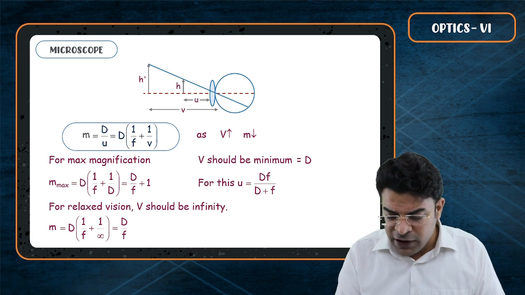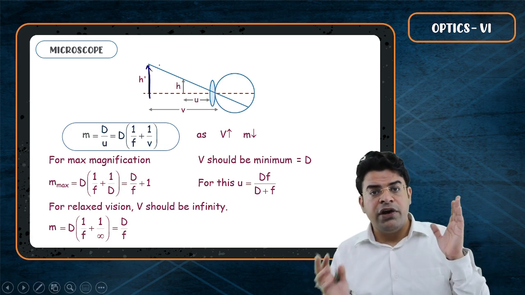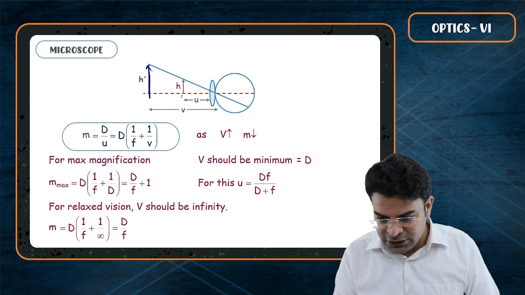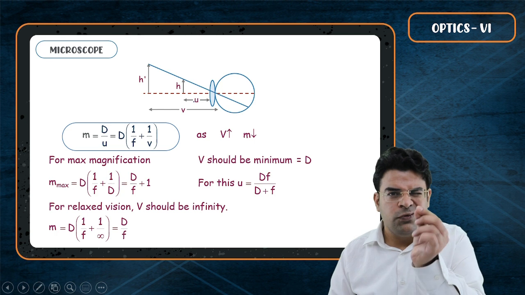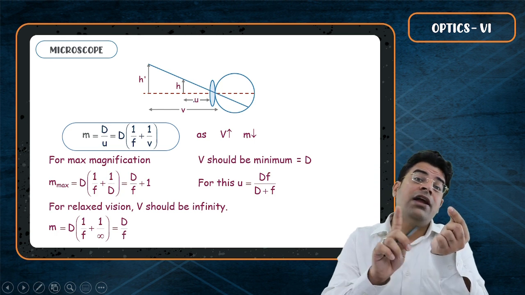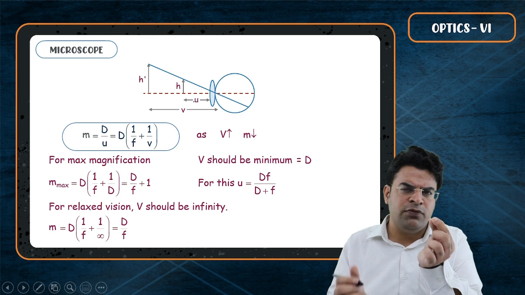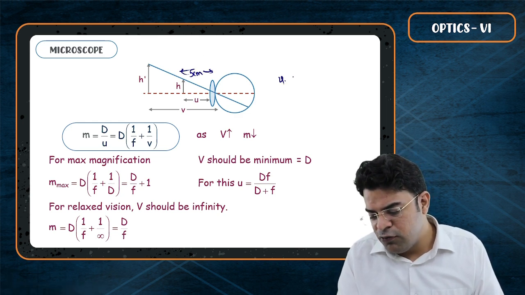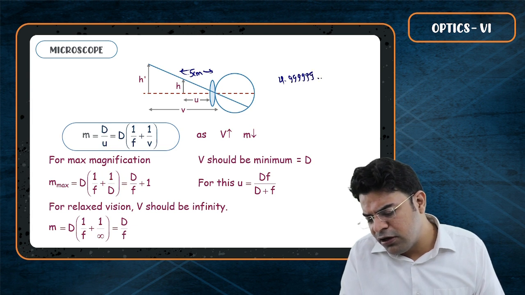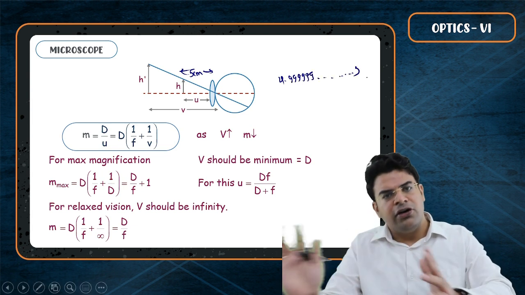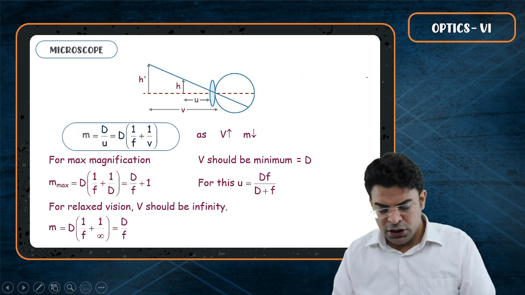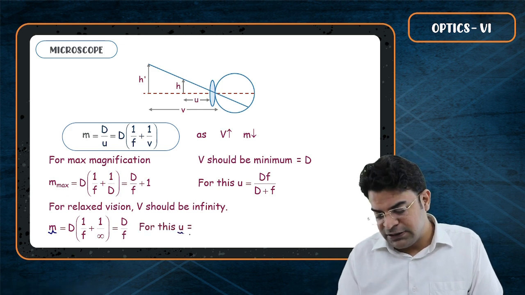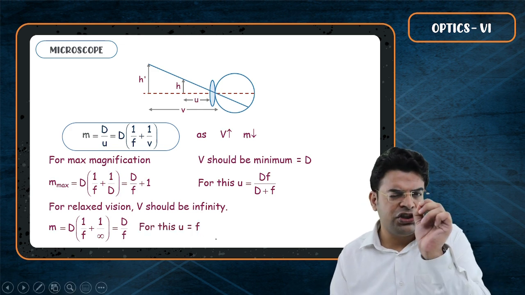Now, to form the final image at infinity, where does the object have to be placed? So sir, for the final image to be at infinity, the object must be placed at the focus. Just within focus, because just outside it will start forming a real image at plus infinity. So if, let's say, the focal length is 5 centimeter, it should be placed at 4.9999999999999 till eternity. So just within focus. To form the final image at infinity, the object should be placed at focus, technically just within focus,